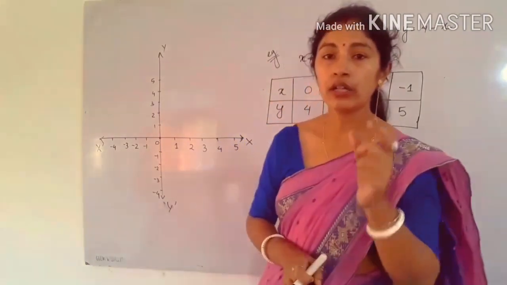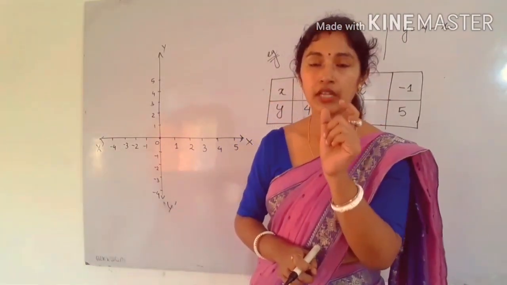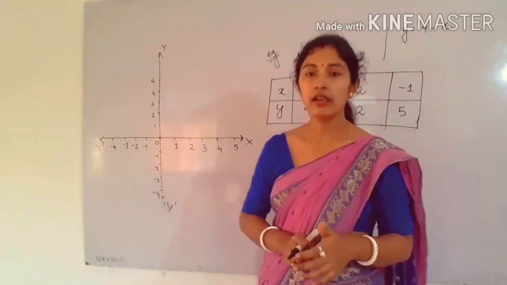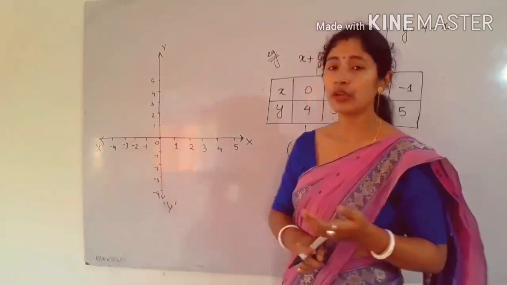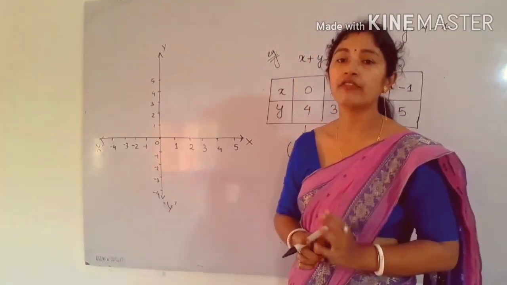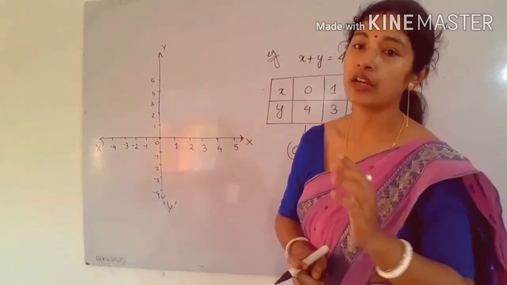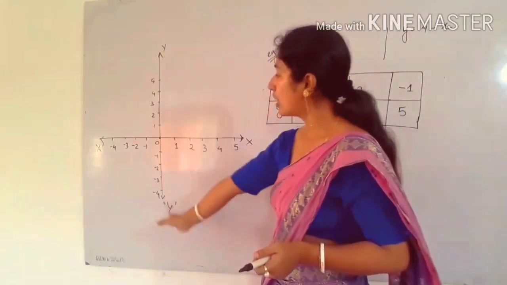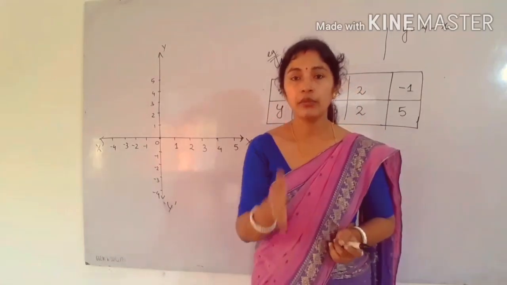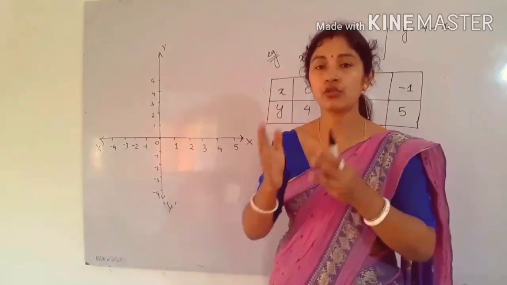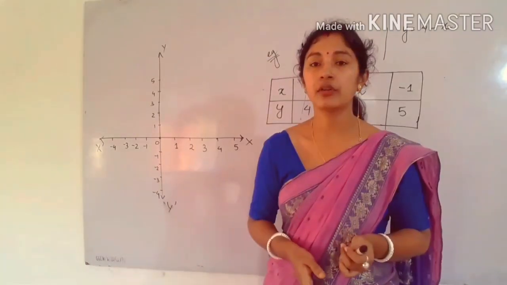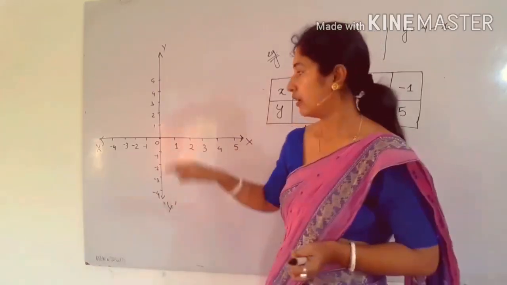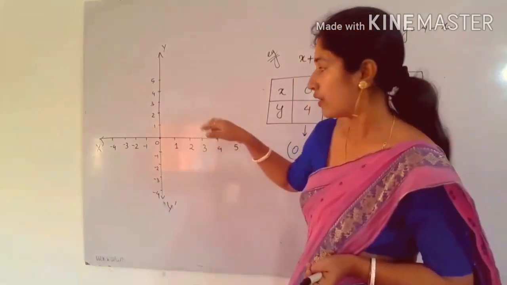Just draw 1 centimeter, that means take a 1 centimeter distance between any two consecutive points using your scale. Okay. So like that you can draw in your copy also if you don't have graph paper. If you have graph paper, please try to draw it on graph paper. But on graph paper you have to draw this vertical line in the middle of the paper. Don't draw it sidewise. Draw this vertical line in the middle of the paper. Then again, you have to draw the horizontal line in the middle, perpendicularly. Already you know these things.